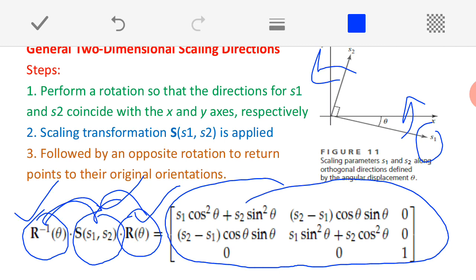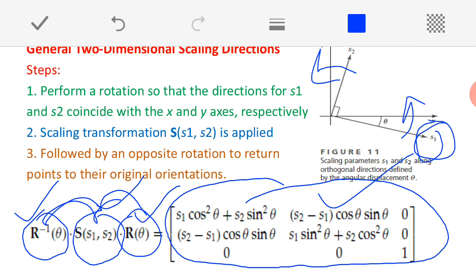It is very important, and I hope that all of you are familiar with the matrix multiplication. Please take a paper and pen, do that practically and check whether you are going to get this final resultant matrix. So, this matrix can be applied whenever you want to perform the scaling other than the actual x direction and y direction, like this S1 and S2, which are other than my actual x axis direction and y axis direction. Okay.